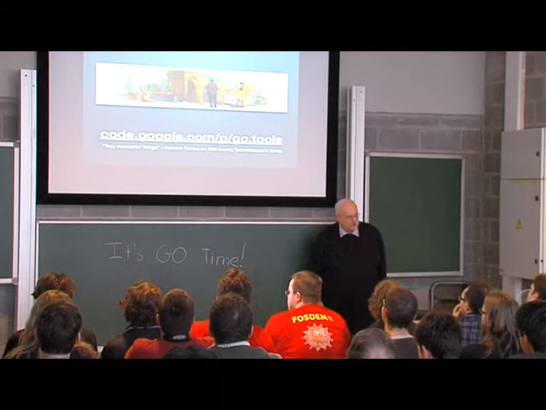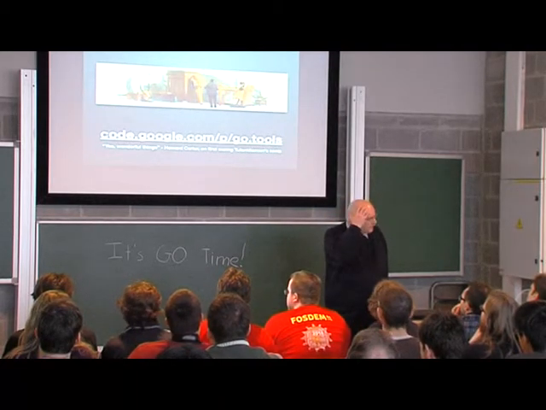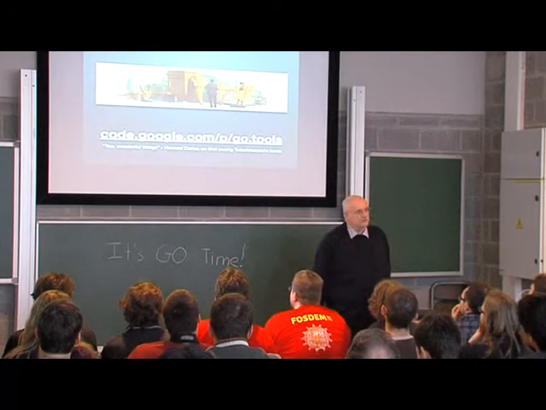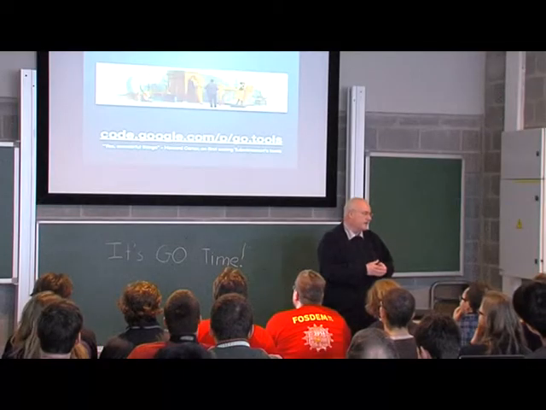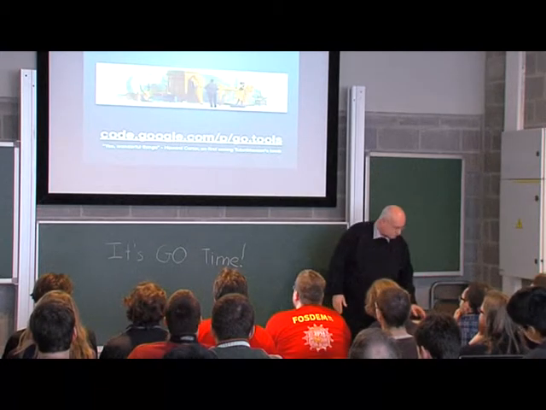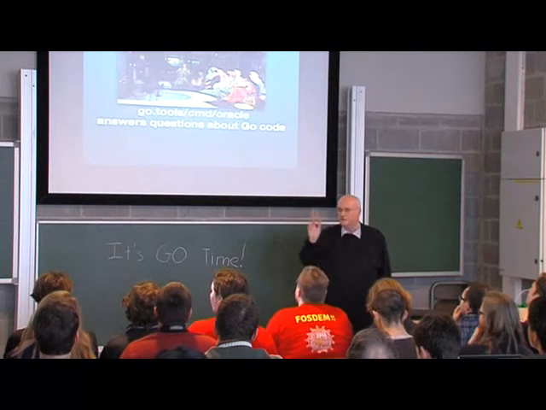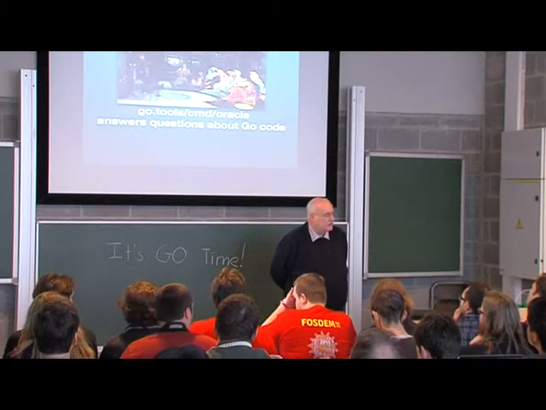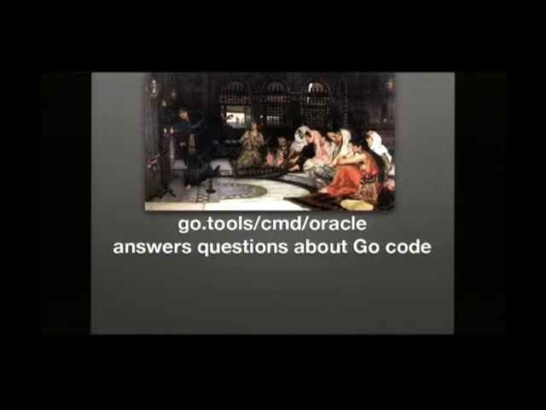My hymn of praise to go.tools. I was trying to find a way to say why is it so good, and what came into my mind was Howard Carter looking into Tutankhamun's tomb. Because when you peer through the gloom and someone asks you what's in there, you say, wonderful things. If you're sad like me, there's just so much great stuff in there, much of which I don't even use. And as Matt pointed out earlier, whoever Matt is, the Oracle tool is for me like Tutankhamun's mask. It's the greatest artifact within there.